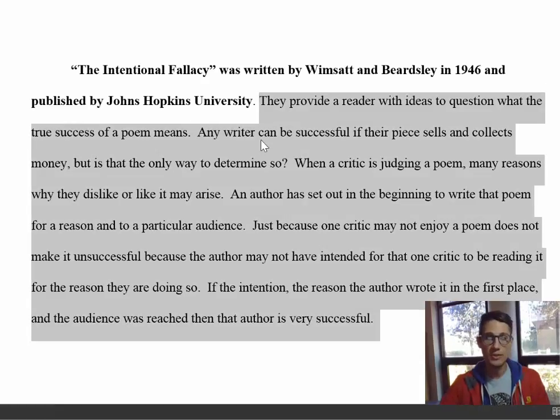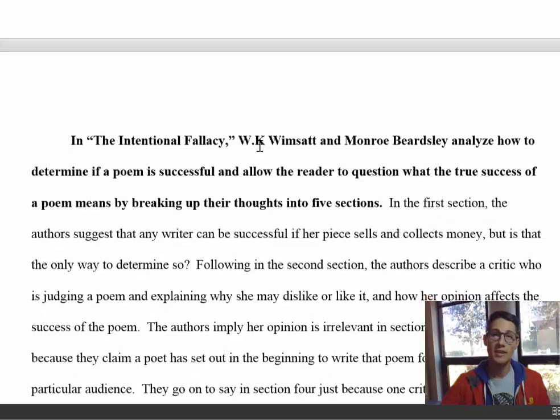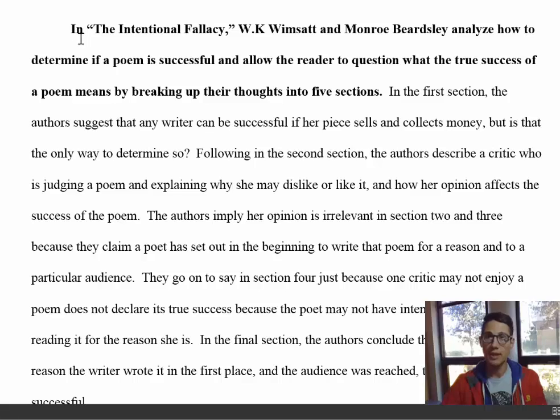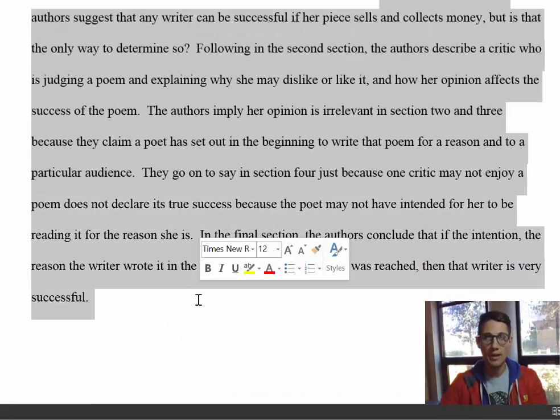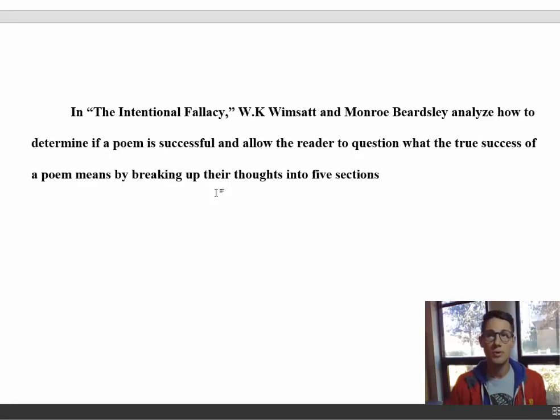So this student amended her draft, and in a second draft, which is improved but still not ideal, in the intentional fallacy, W.K. Wimsatt and Monroe Beardsley, or M.C. Beardsley if you'd like, analyze how to determine if a poem is successful and allow the reader to question what the true success of a poem means by breaking up their thought into 5 sections. Let's delete everything else and look at this document, and we see right away